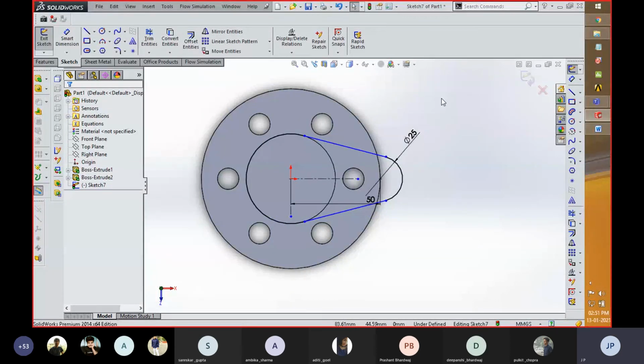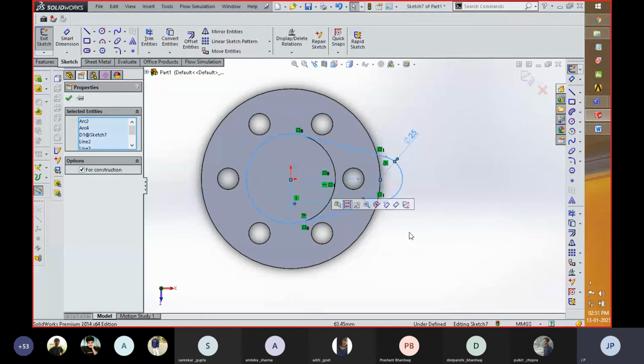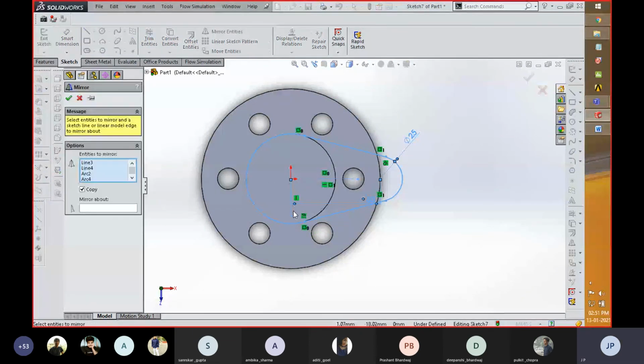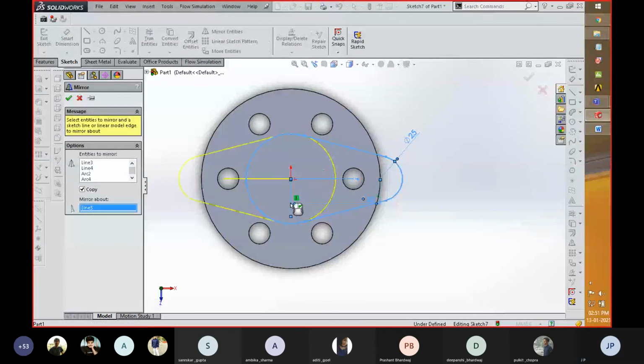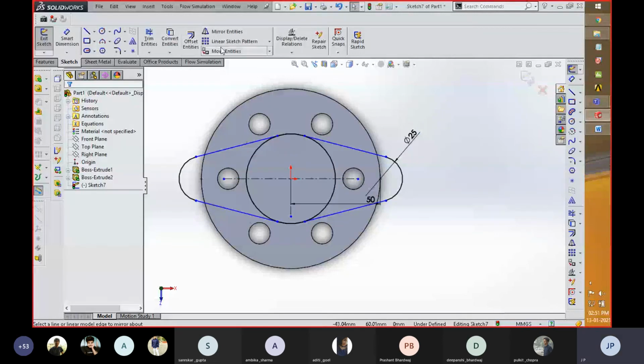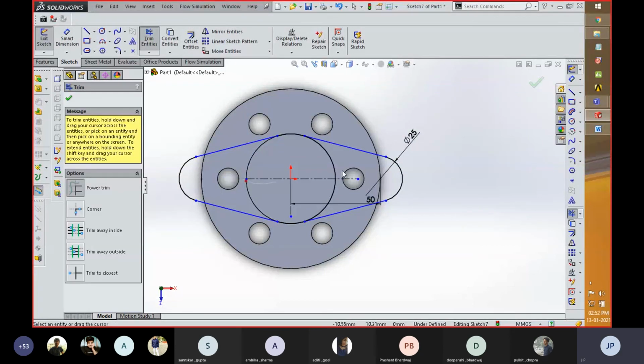Now select each part which needs to be mirrored, click on mirror, and then select the axis. You can see over here that the component is created, and with the help of the trim command, you can remove the unnecessary part which is created with this component.